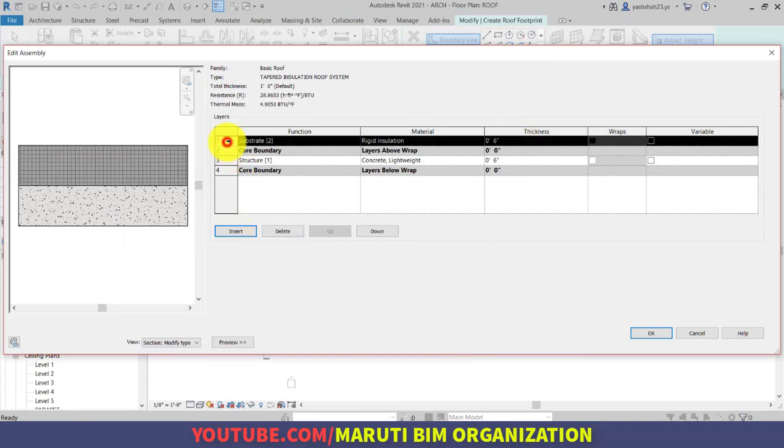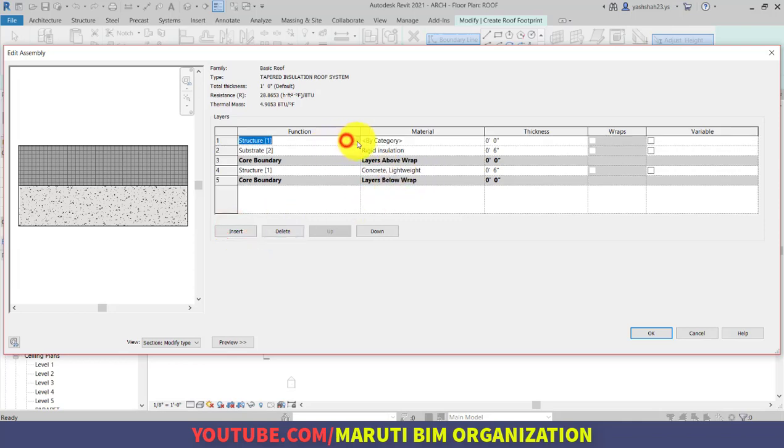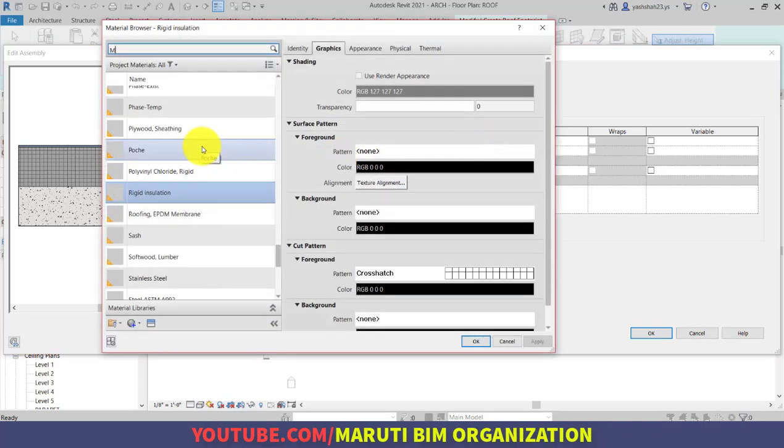And similarly, clicking once again on the first layer, click on insert and finishing layer, and thickness is 1/4 inches and material membrane layer.